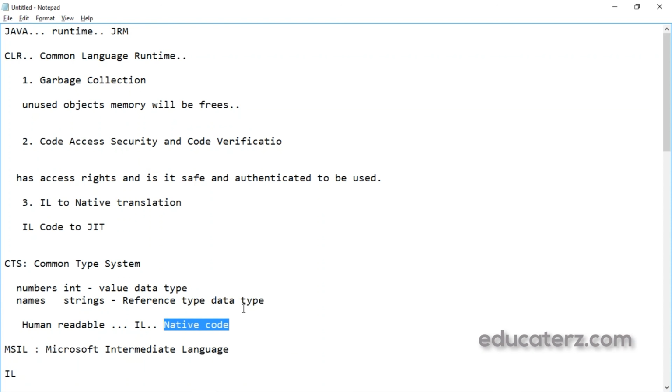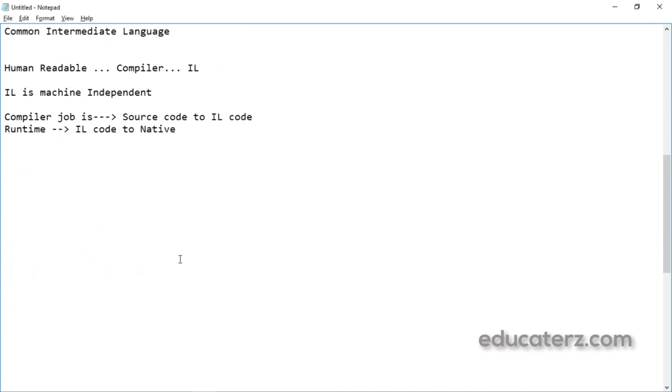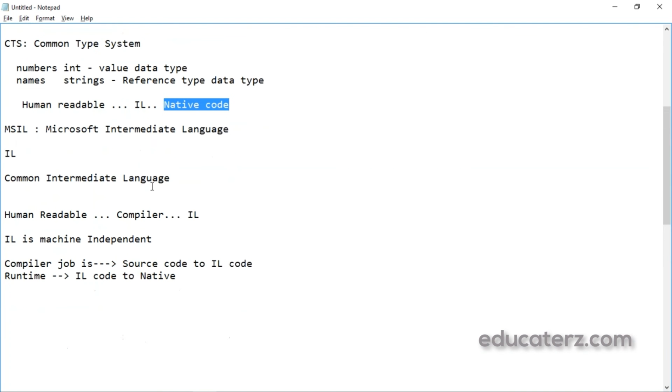When a compiler produces Microsoft Intermediate Language, it also produces some metadata. This Microsoft Intermediate Language and metadata are contained in portable executable files. Let me repeat what I am saying. MSIL, Microsoft Intermediate Language, is also called IL code or Common Intermediate Language.